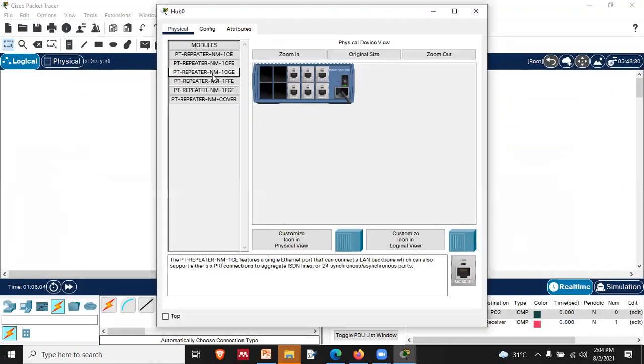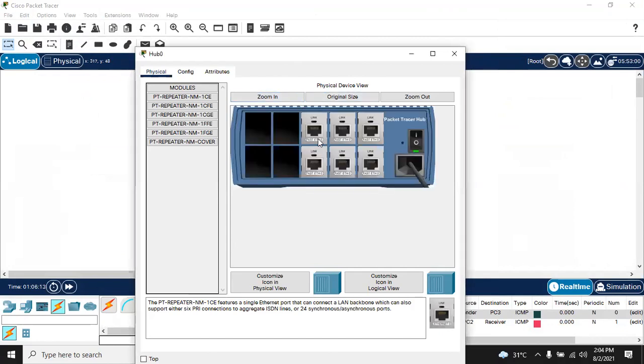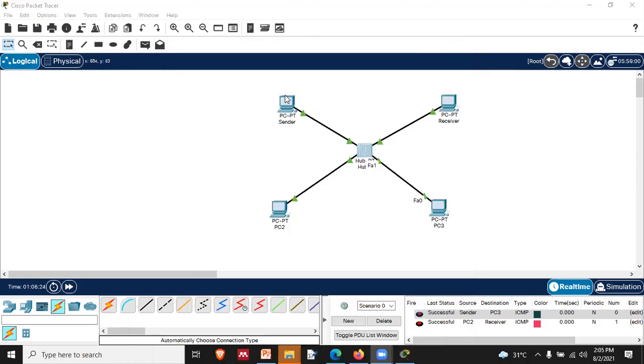Now, if we click inside the hub, you will see this window. What is there actually? There are these fast Ethernet ports, right? And these fast Ethernet ports allow us to connect with any device. Otherwise, in the previous case, when they are connected directly with a cross cable, we are limited to these two devices only. Only those two devices can communicate with each other. When we want to add a third device, there is no port available. So that could not be possible.